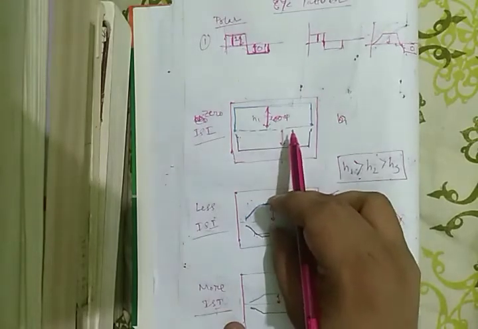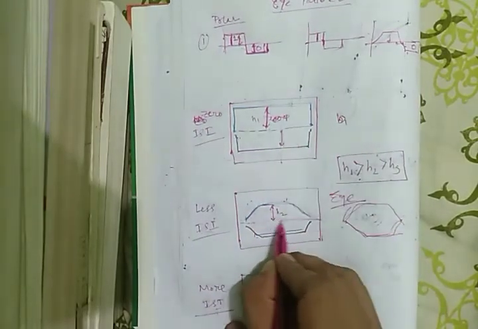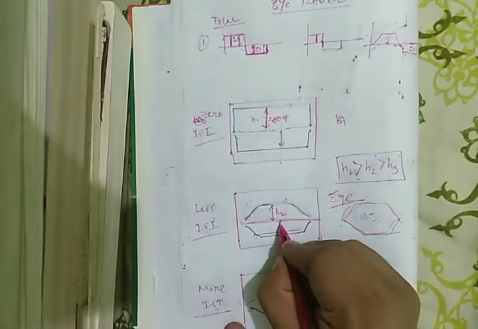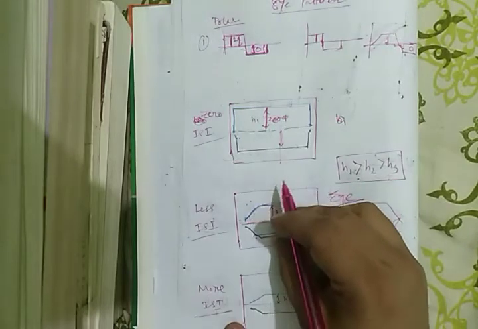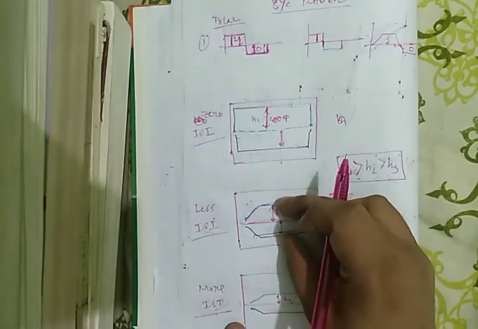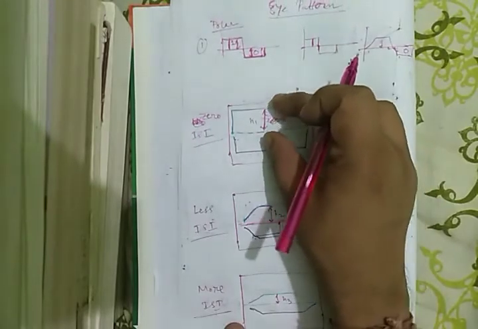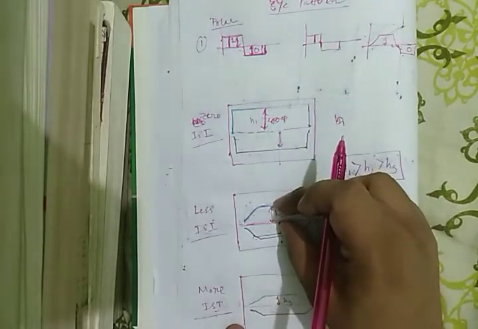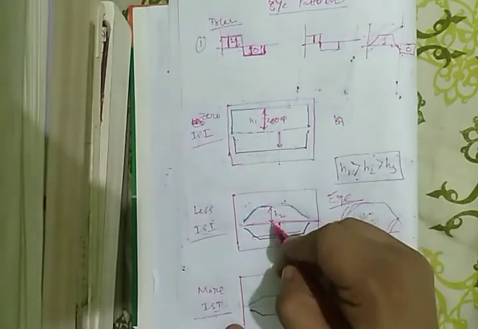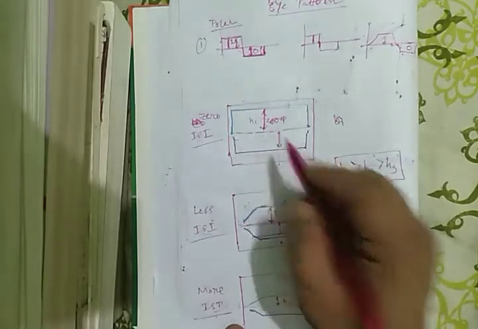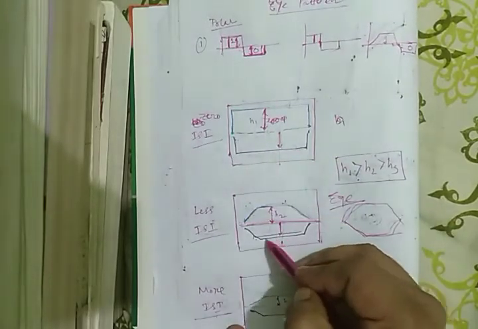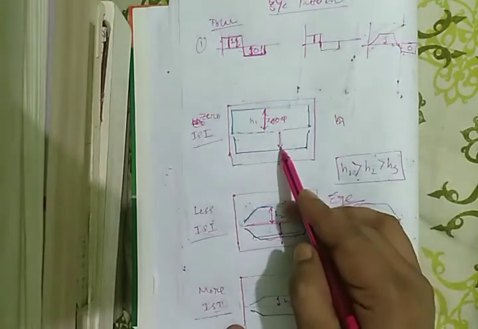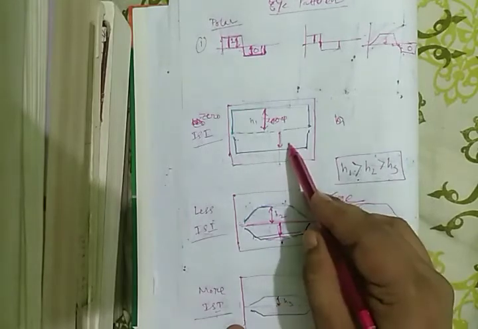And this is called the opening of the eye. If I take the middle point of the oscilloscope, also the baseline of the oscilloscope, this height is known as the eye opening. Whatever the amount of eye opening will be, obviously in this case the eye opening will be less, because the level of 1 has been degraded. So from the baseline the height will be less as compared to this one. Similarly the level of 0 is also degraded, so it will come near to the baseline. So obviously this height will be less than this height.